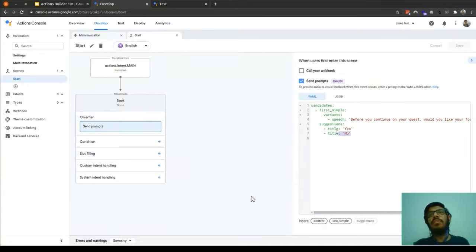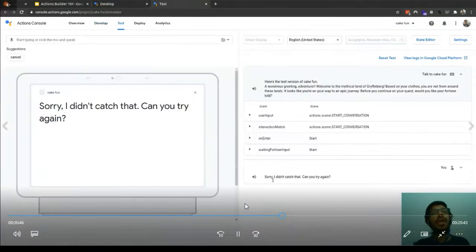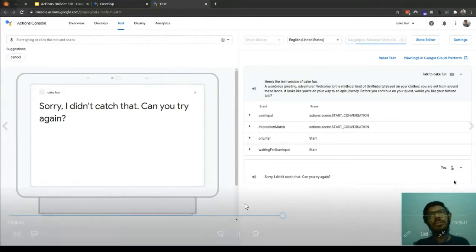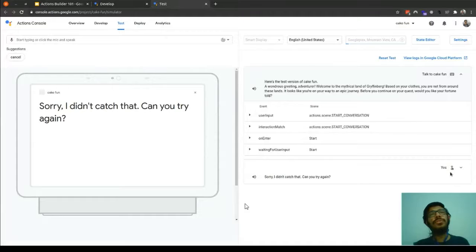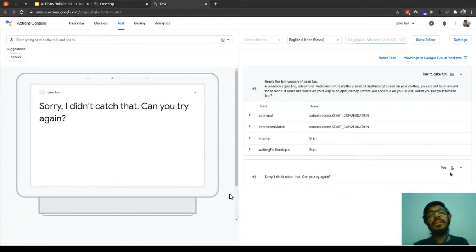Okay. So after adding suggestions, that part is done. Let's create intents. What really happened in this case is that the user's intent was yes. The user was saying, yes, I want to do that. But our action doesn't know what to do with that yes.